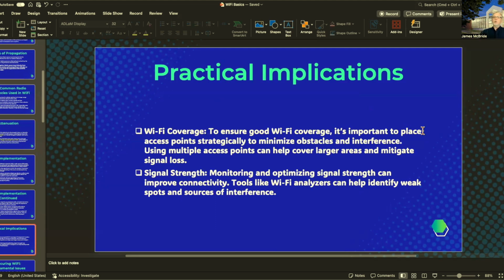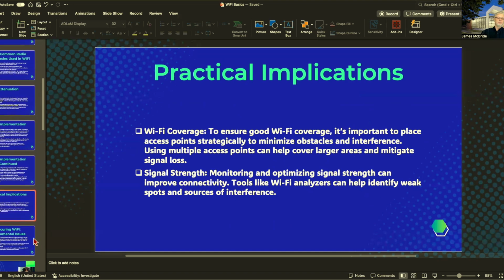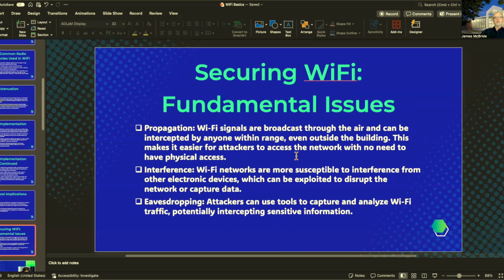Anyway, it's important to place the access point in strategic locations so that you can minimize the obstacles and interference. And using multiple access points can help cover larger areas. Within an organization, that's what you're doing. You're going to have multiple access points. Signal strength, you're going to monitor and optimize that strength coming from these multiple access points. And you'll use tools like Wi-Fi analyzers to help you understand what kind of radio signaling is happening. Now, lastly, just quickly,